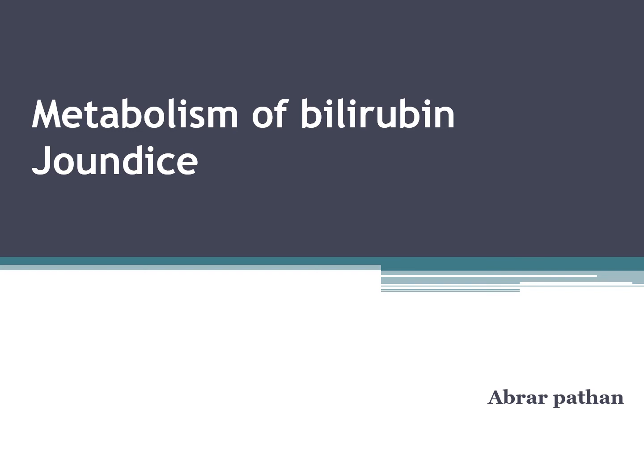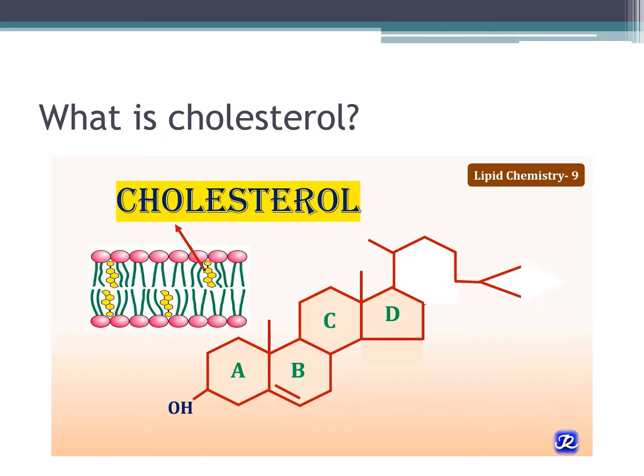Our topic of discussion today is the metabolism of bilirubin, or we can say jaundice. Jaundice is a symptom. For understanding what this bilirubin and the derivatives of bilirubin are, first we need to understand what